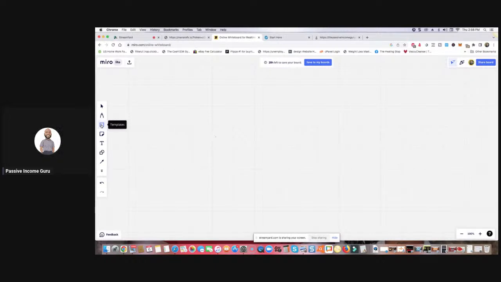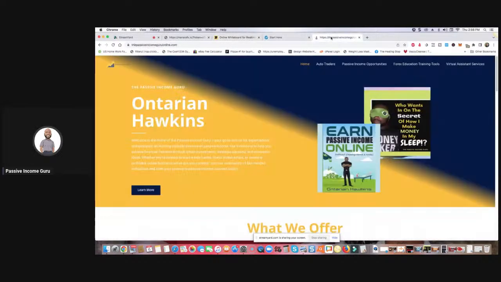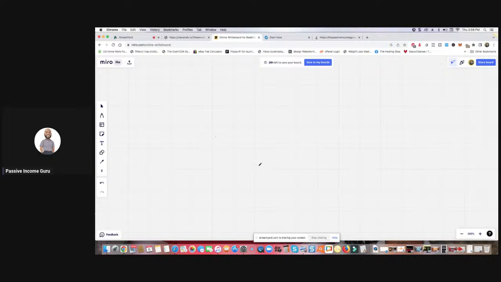So the H stands for the Holy Grail system, and I'm going to show you that on my website here in a little bit. The C stands for the cash cow indicator. The M is the Menara, and the T is the triple arrow system. Let me say that one more time. The H is the Holy Grail indicator. The C is the cash cow indicator. The M is the Menara, which is a scanner. That's what I'm going to be going into in depth today. And then the T is a triple arrow system.